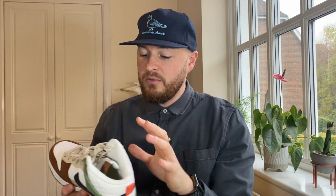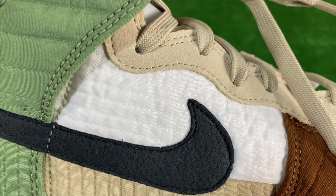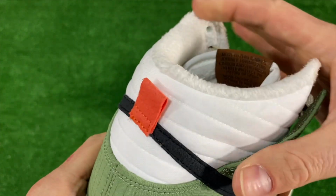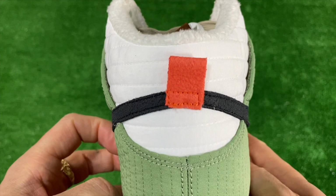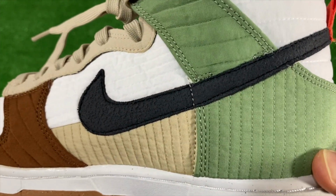Now, as I said, you've got ripstop up top through majority of the upper, apart from on the swoosh, the pull tab, and then the lace holes where you've got this almost like very flat feeling felt. Has a nice feel to it, does feel a little bit arts and craft, especially on this pull tab. It does feel like you might pull this off very easily trying to get the shoe on, and it isn't